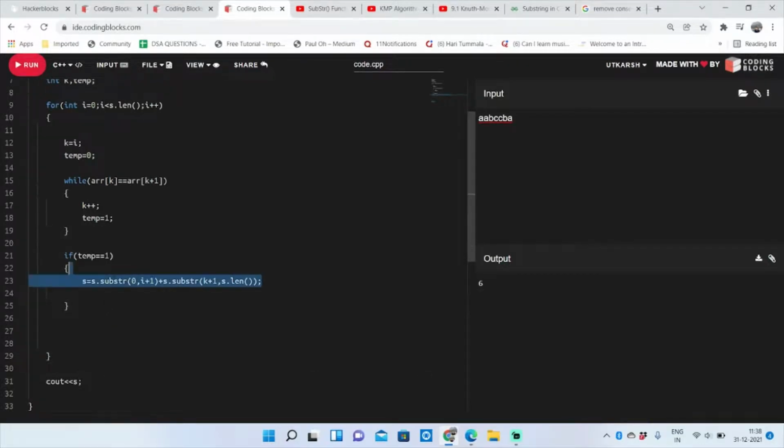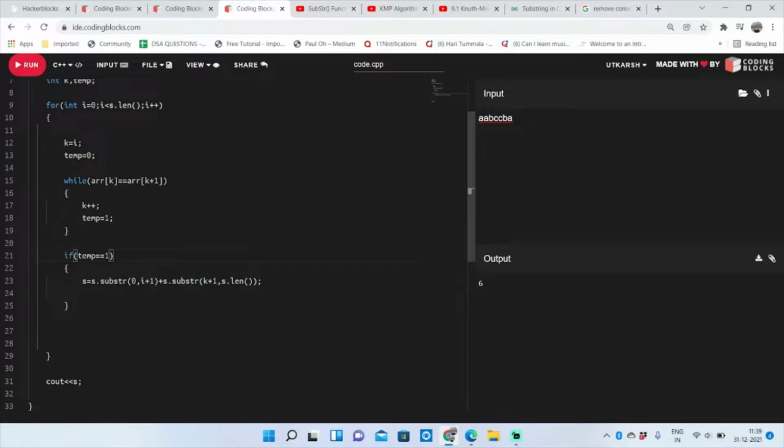So what I have done in this statement, let me explain really quickly. I have concatenated two substrings of s. First, I wrote s dot substring 0 to i plus 1. It will create a substring till the i plus 1th index.